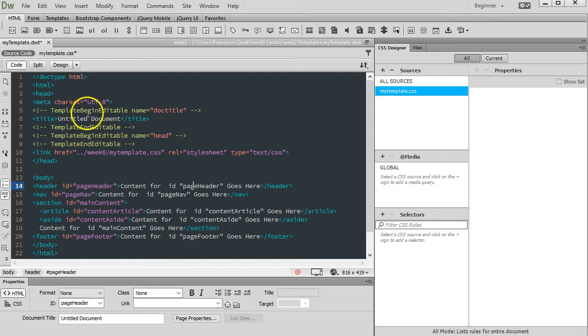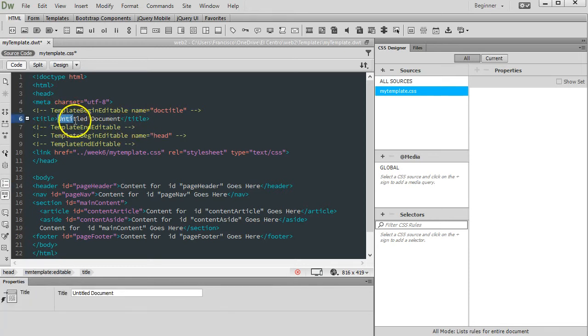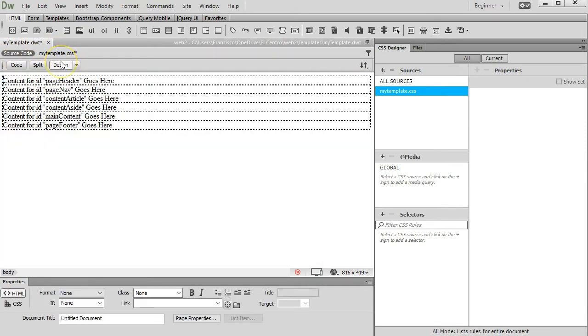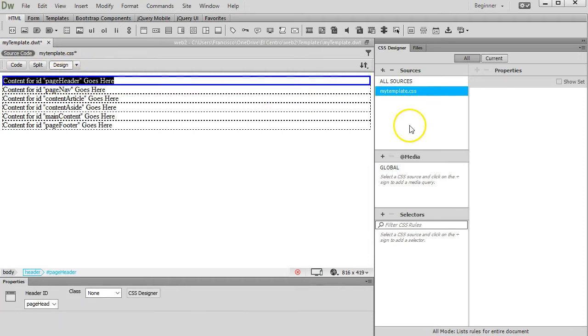This now being a template, we see that there are editable regions that have been assigned. For example, the user will be able to come in and rename the title of the page, but later on when we add the navigation, they might not necessarily be able to go and change the buttons that will help the user navigate from one place to another. I'm going to go back to my design view, and I'll click on my selectors, and I'm going to add